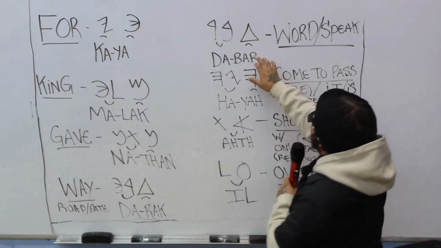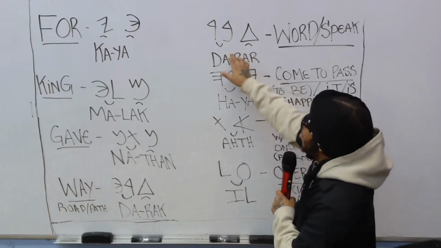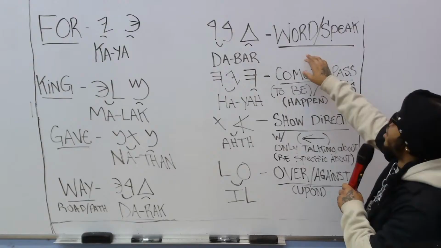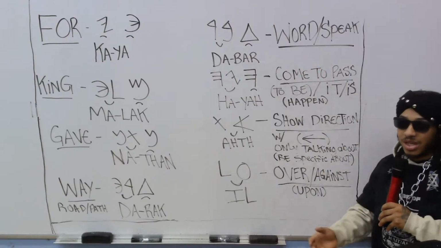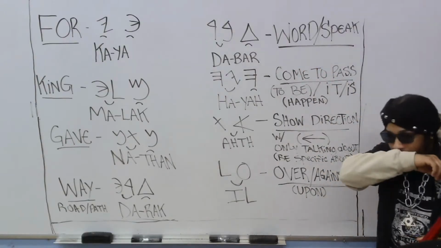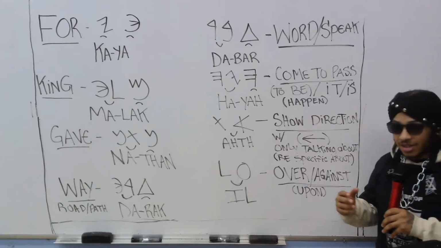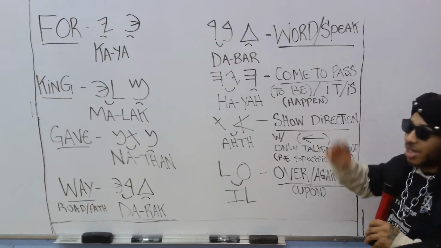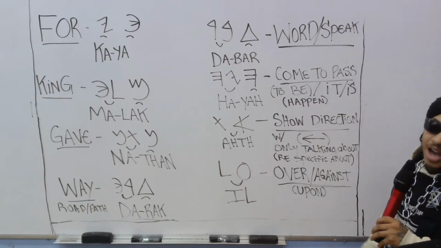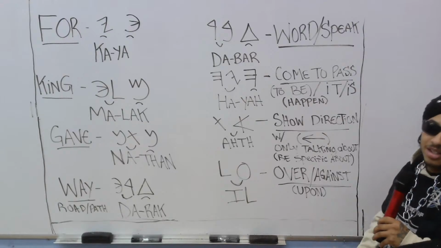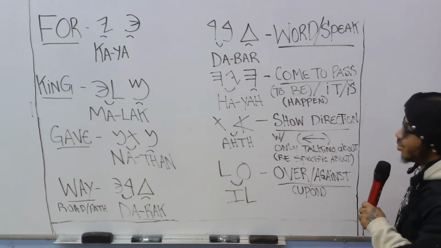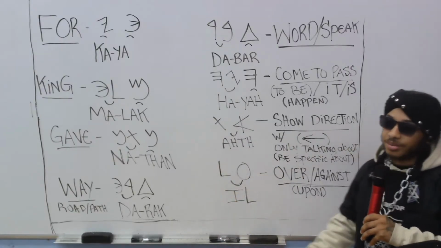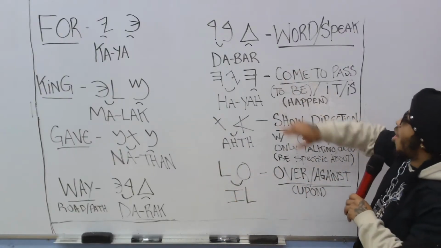So let's start over here on the right. This word right here is the word debar, right? Debar. The character da, the character ba, and the character ra connected. Debar. This word is used as. Y'all remember how I like to say used as and not this word means. Because we have a slang language and our words mean multiple things, right? Some words have many meanings. You know, it's speaking, it's reality. It's not a fairy tale book. This is reality. This is a language, right? So words change over time. They still have their same meaning and they have the new meaning. So that being said, the word debar is used as